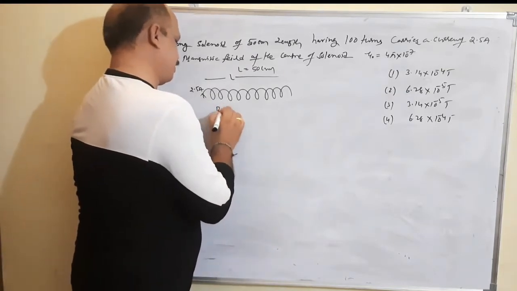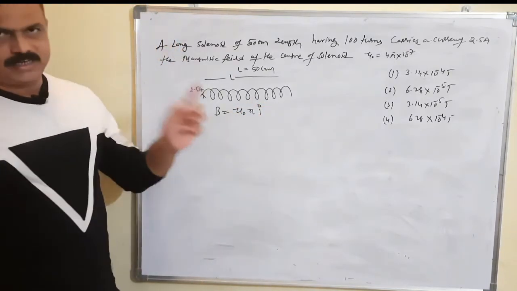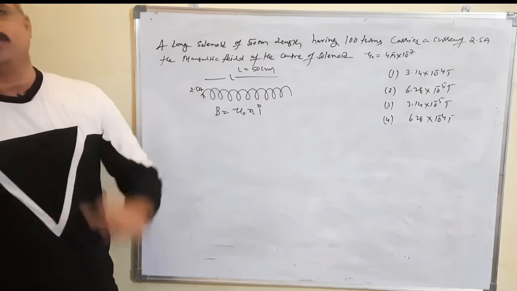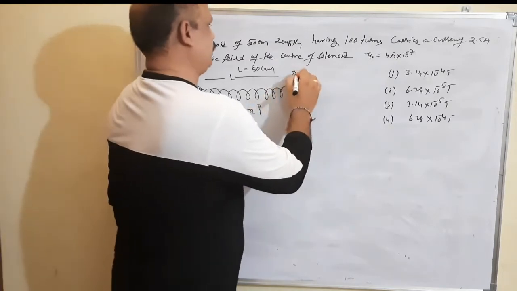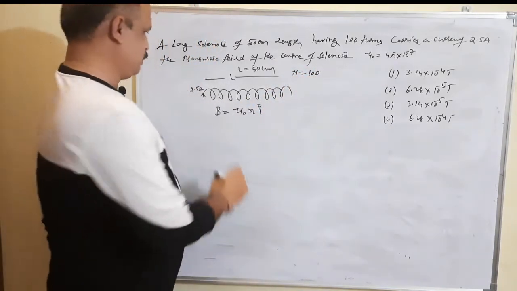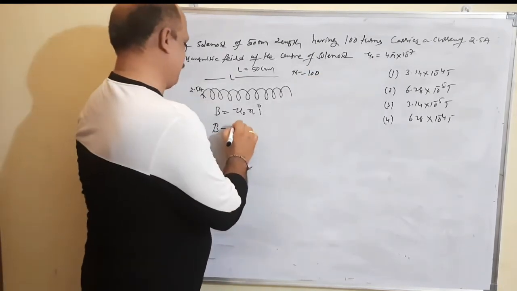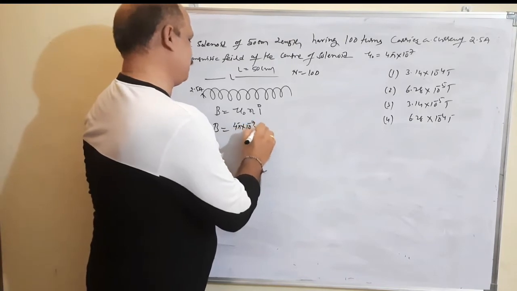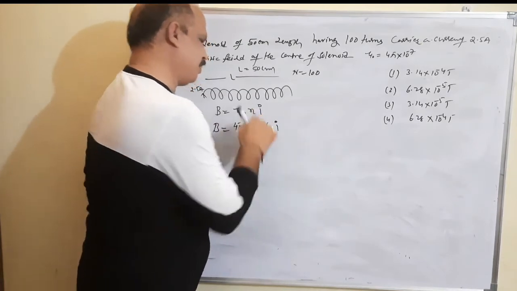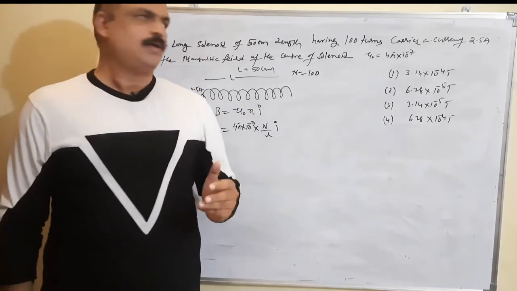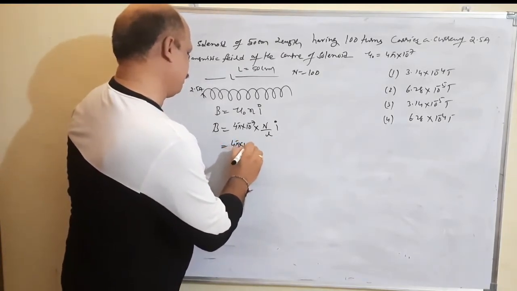So we know that formula, magnetic field at the center of the solenoid is B equal to mu naught n i, where n is number of turns per unit length. Here how many turns are there? N is equal to 100 turns. So here B is equal to mu naught. What is the value of mu naught they given? 4 pi into 10 power minus 7. So N by L into I, number of turns per unit length. This type of problem is also available in NCERT book. So here 4 pi into 10 power minus 7.